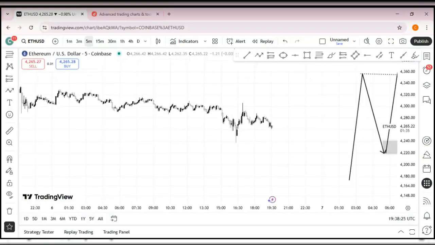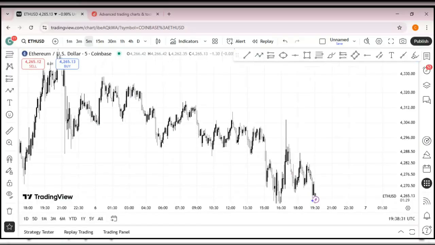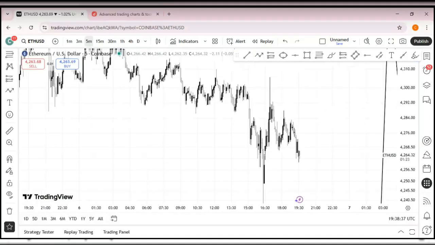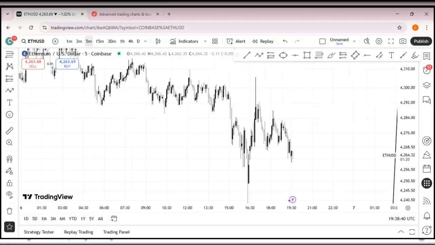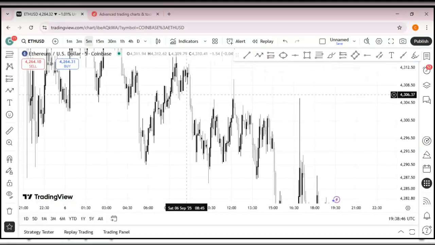I use this on the 15 minute, on the 5 minutes. And here's the thing, it works on any time frame. It is not just the 5 minutes. It works on the 15. It works on any time frame you desire to use. So don't just say, okay, it works only on the 15 minutes. No. So if you see here now, I actually took a trade here on